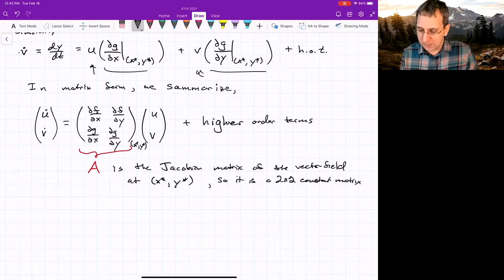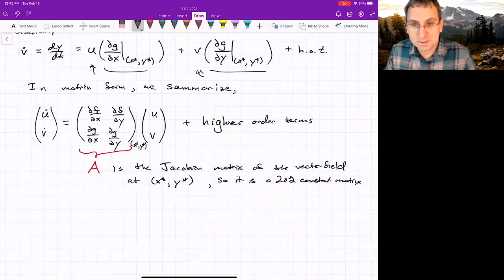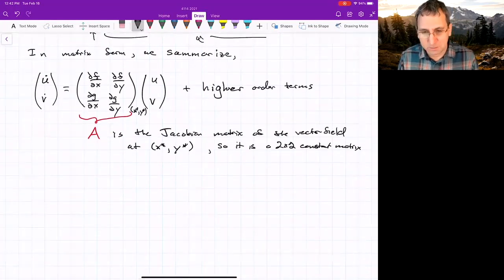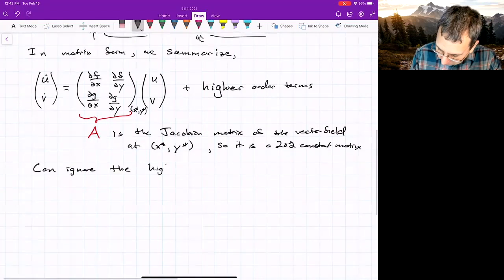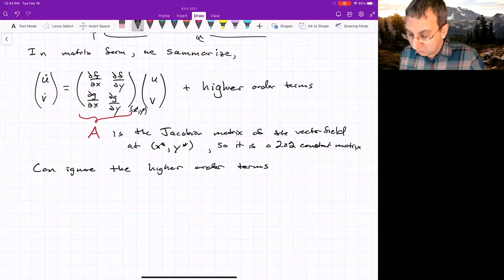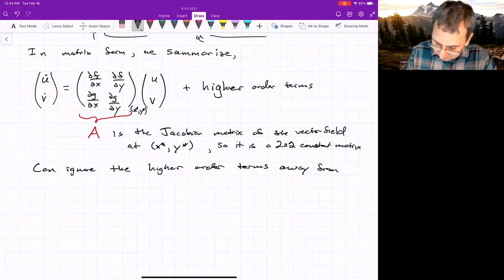Now, since the higher order terms are very small, because they're multiples of u and v, nonlinear in u and v, we can ignore them in many cases. If you think of the diagram we had before, you can ignore these higher order terms when we're off of the borderline cases. Let me remind you of what that diagram looked like. What do I mean? To get the qualitative dynamics near the fixed point, we can ignore the higher order terms